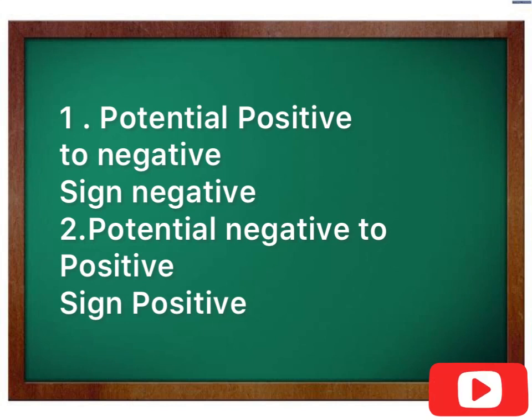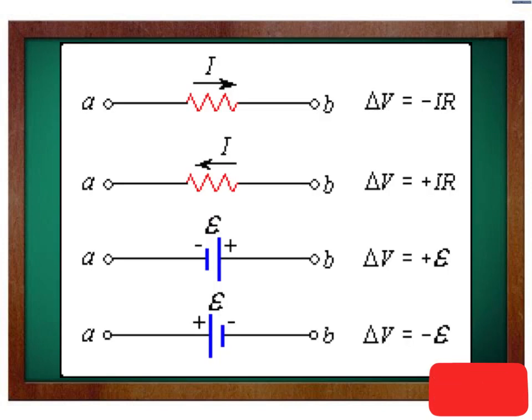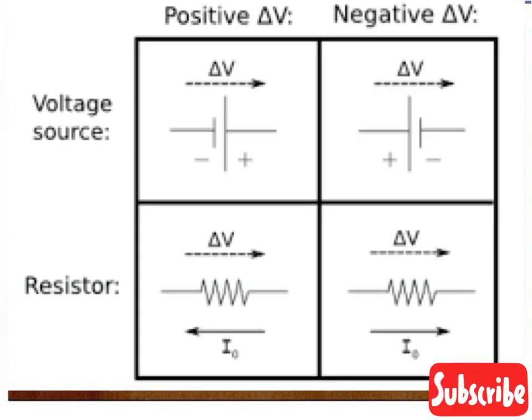That's it. And the last thing I'm going to explain is about what if resistances are connected in a circuit diagram. As we know, no circuit will come without resistors. Whatever circuits come to solve for us, every circuit, every network will consist of a number of resistors. So what is the first thing? What will be the sign for change in potential, or drop or gain in potential, in that particular resistance?